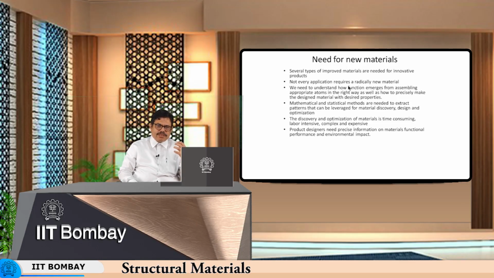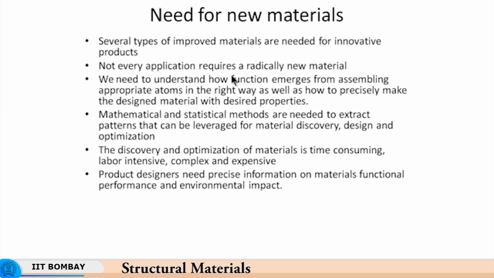So, with increasing severity of working conditions and increasing demand on the material properties, we need to develop new materials. So, we have artificial materials like composites, which are a mixture of naturally occurring materials and artificial materials like polymers and fibers, maybe glass fibers, carbon fibers and so on. So, you have a mixture of these naturally occurring as well as artificial materials to generate the kind of properties which you want.